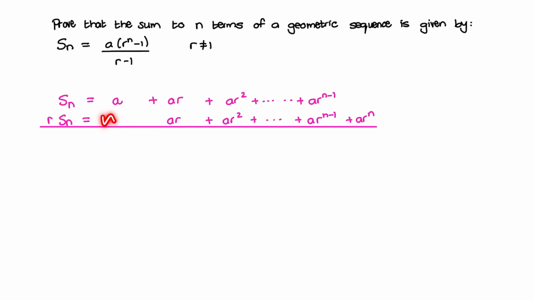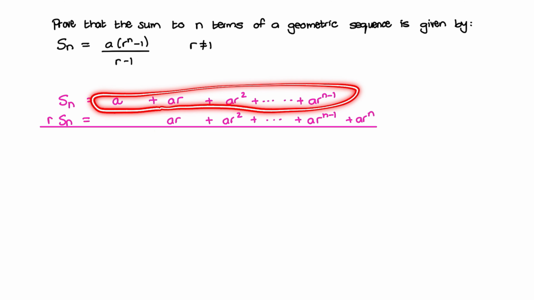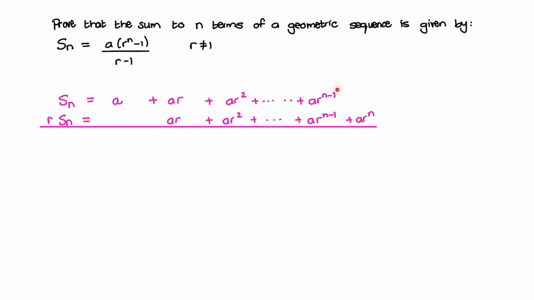So this empty space doesn't represent anything. I am just shifting it up to show you a times r is ar. And what I'm trying to do is I'm trying to write like terms underneath one another. But if I continue multiplying every term by r in this first pattern, I'll end up with a last term